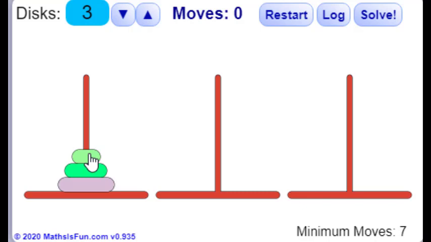First we take the smaller ring and place it. I'm just showing the solution; we will see this solution using the Prolog program.